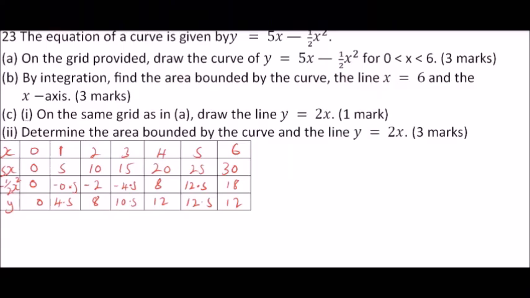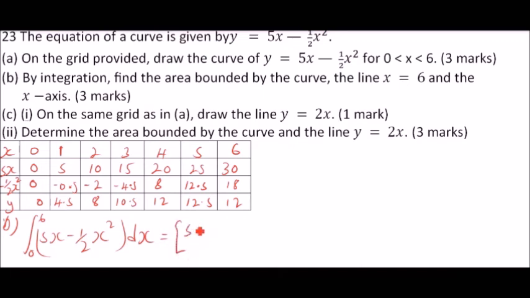So part B, you are told by integration, find the area bounded by the curve, x equals 6 and the x-axis. So to integrate, this is part B of the question, we integrate with limits from 0 to 6. We integrate 5x minus a half x squared with respect to x, which will give you